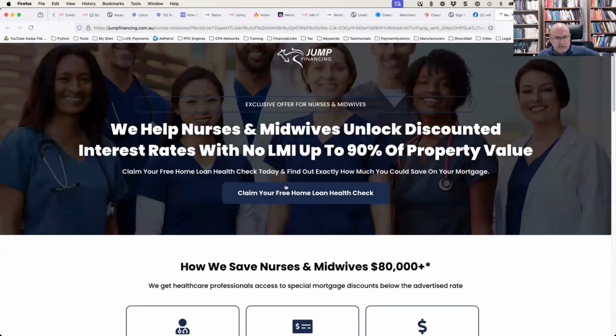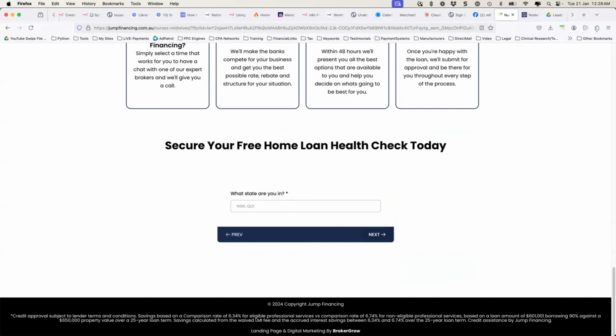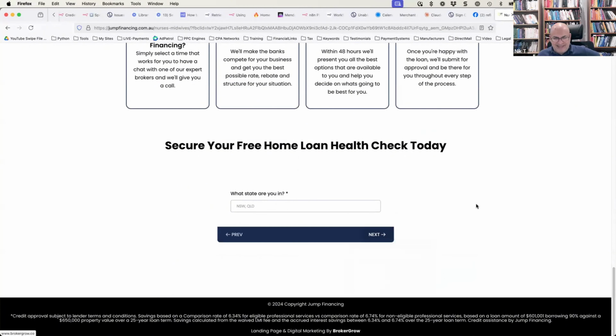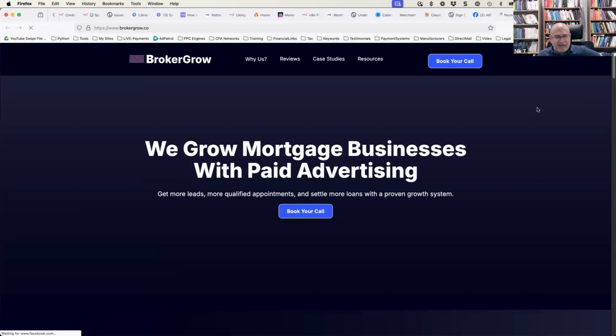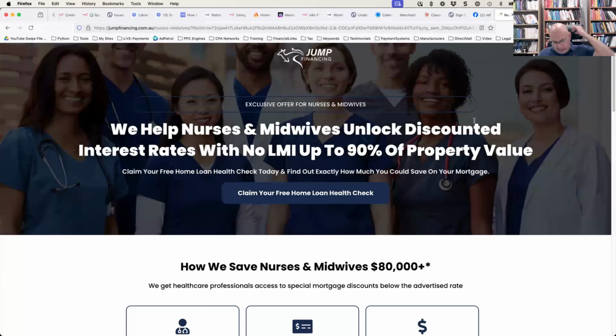Wow, it's an interesting location to put this. There you go. Broker Grow. Who are they? You can find out: we grow mortgage businesses with paid ads. Okay, so it's an agency that specializes in brokers. Yeah, no, I can't think of any other way around it. Obviously, I haven't seen the legal fine print, but to answer your question, it looks like your ad creatives would have to be client centric,